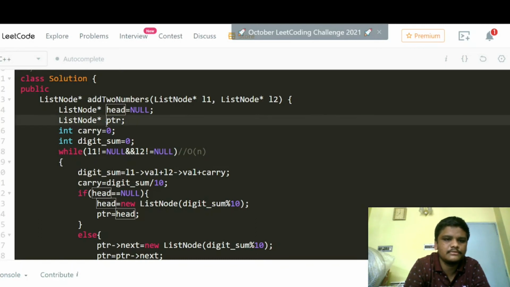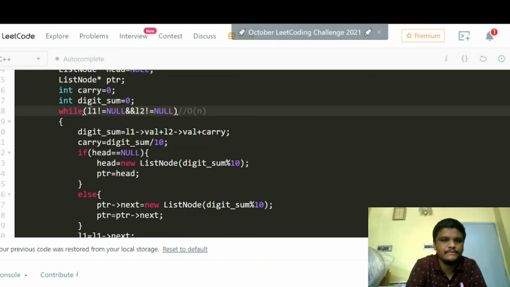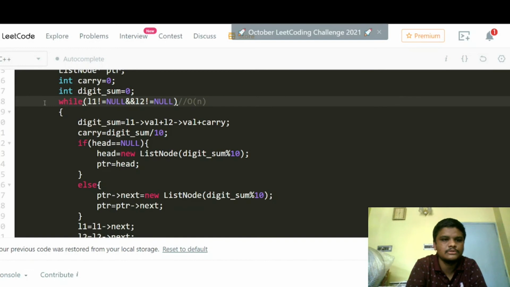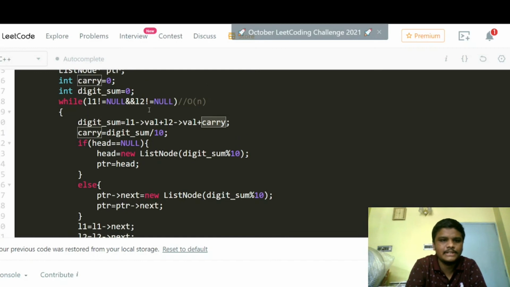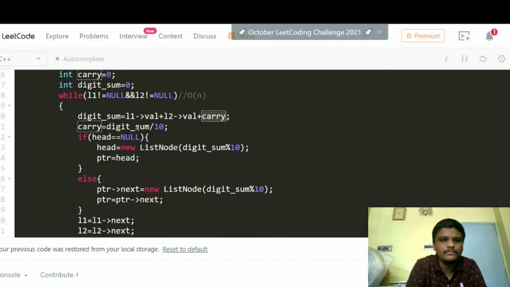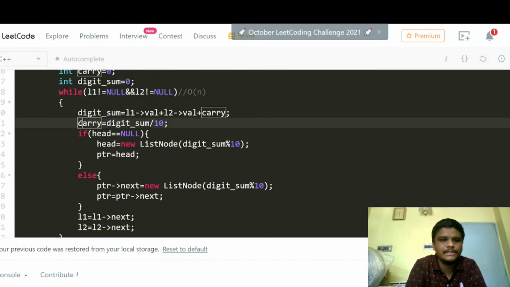Then we have taken another pointer, ptr, that is not equal to null, right? If this condition is satisfied, then we are going to go inside this while loop. Then we have to sum L1 of val and L2 of val plus the carry. Currently the carry is 0. So then we have to update the carry as digit sum divided by 10, right?